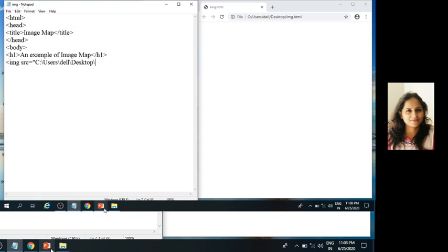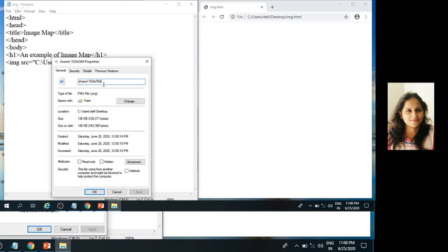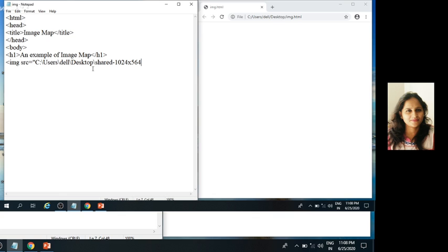Then copy the image name, and .png is the extension of the file. Image name .png, closing curly brace. Then alt is equal to image.